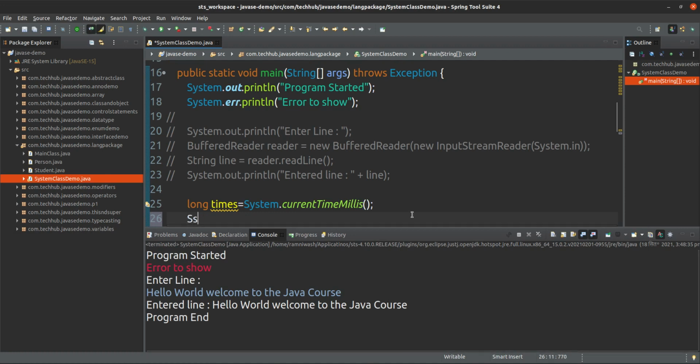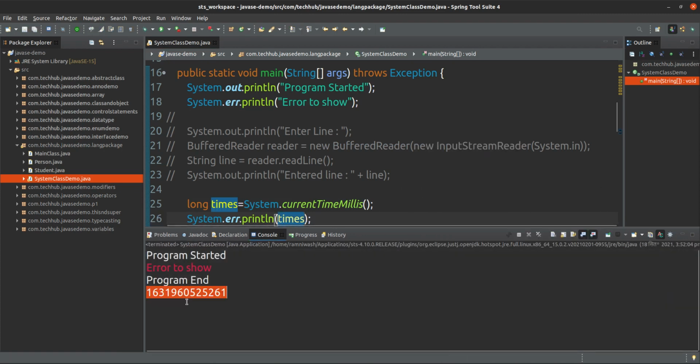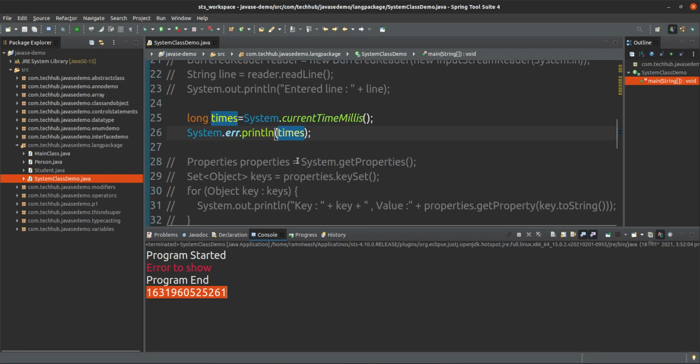And if I print this one, you will see what exactly the value of this time is. Yes, this is the number. Actually, this is the complete time in milliseconds, and you can calculate some time from this one. Okay, this is the time in milliseconds.